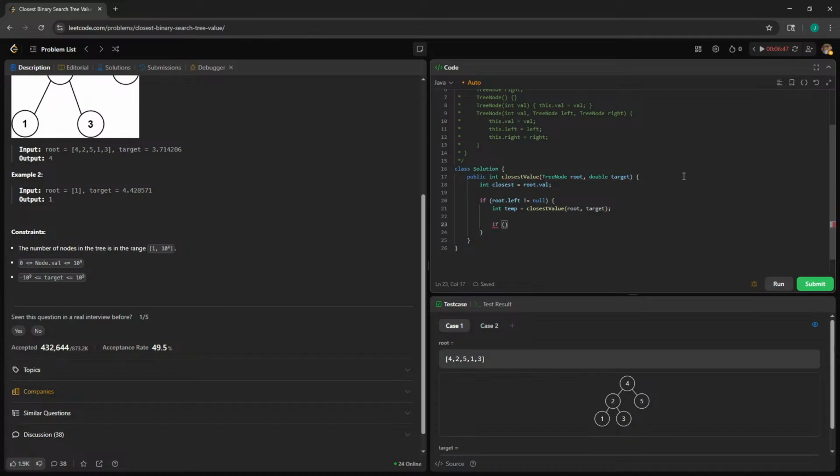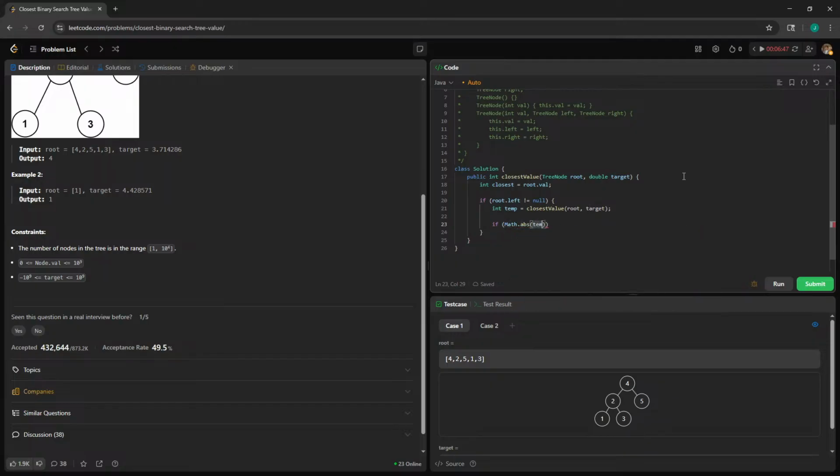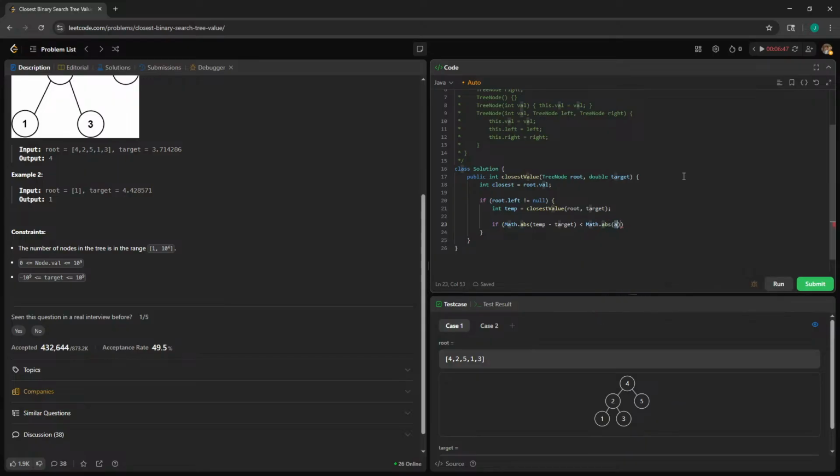Then if the absolute value of temp minus the target is less than the Math.abs of closest minus target, and we'll say the closest is equal to